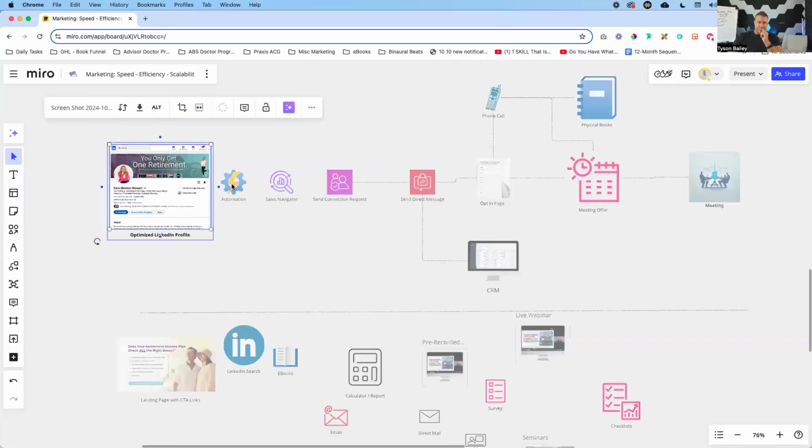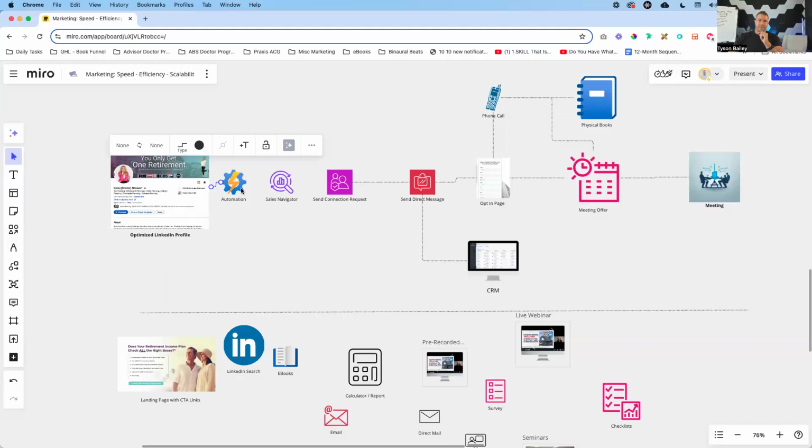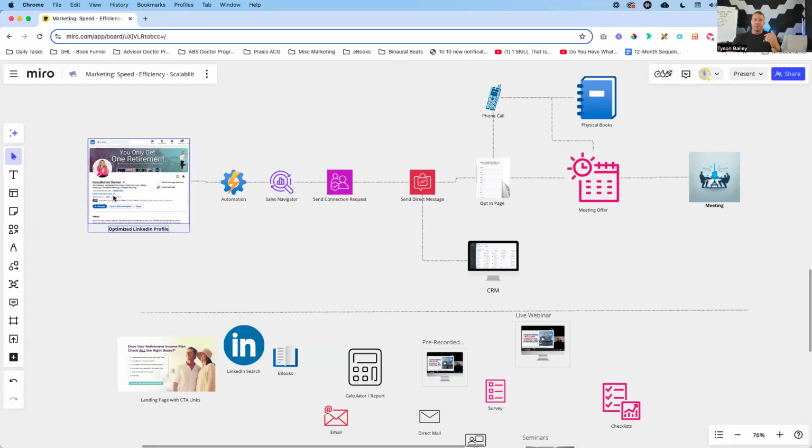Now, additionally, and I'm going to loop these together real quick, what we want to do is have LinkedIn automation on the direct messaging side. This is where a lot of advisors can get into a lot of trouble if they are not careful, because when they start sending direct messages using LinkedIn automation, they write the scripts as if it's an automated program sending out those messages. And so it comes across as a robot. It comes across as salesy. It comes across as spammy.